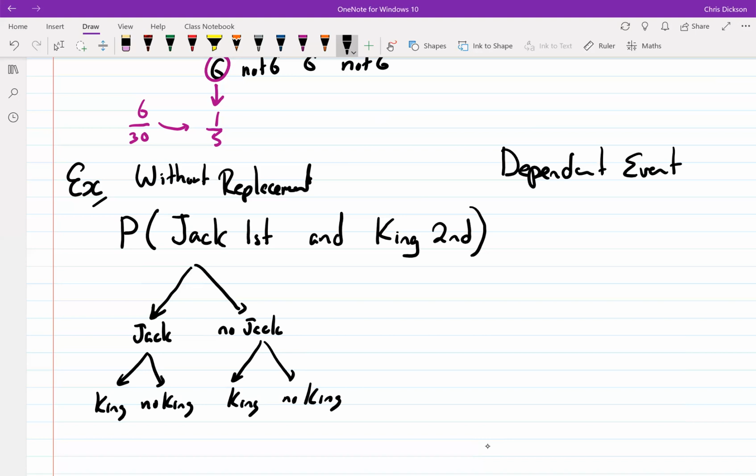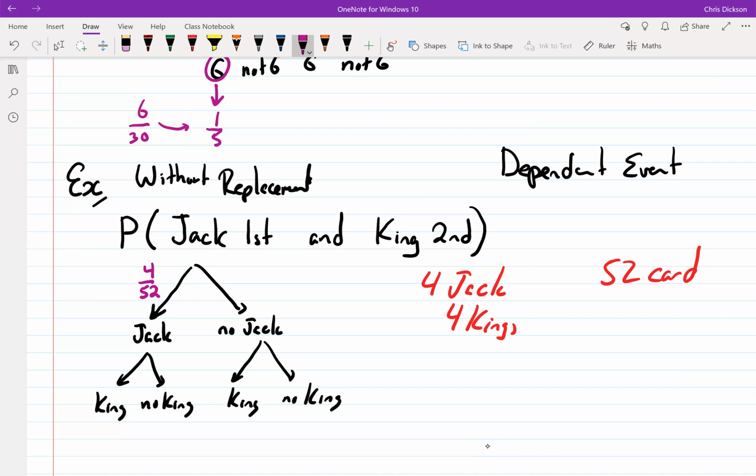Okay, so what you would need to know about cards, like what kind of cards are in a deck, and once again, the sheet of paper does show this. If you're like, I didn't know that, that's okay. There are 4 jacks in a deck of cards, and there are 4 kings in a deck of cards, and there are 52 cards in a deck of cards. So for the first question, you would have 4 out of 52, which is actually 1 out of 13, but I'm going to keep it as 4 out of 52.